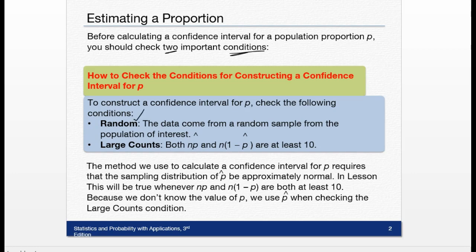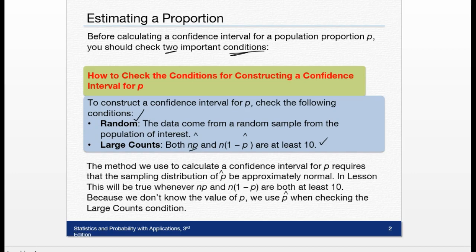First of all, random. Did the data come from a random sample from the population of interest? So you're going to have to read the problem to see that it says it was a simple random sample. The other thing we have to test is the large counts condition, which we talked about previously, and that was